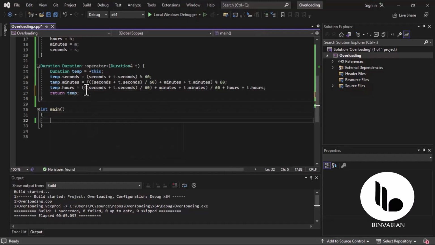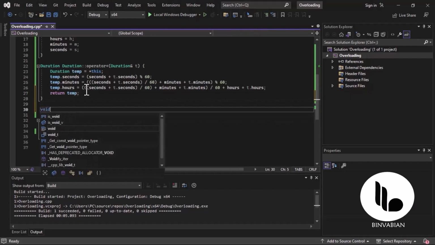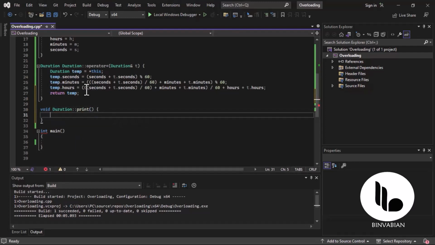So let us go ahead and implement the last function, and that should be the print. So this returns void, and then it's from the duration class, and the last function we want to implement is the print. So this is not going to take in any parameters, so I'm just going to do cout. Cout the duration is,